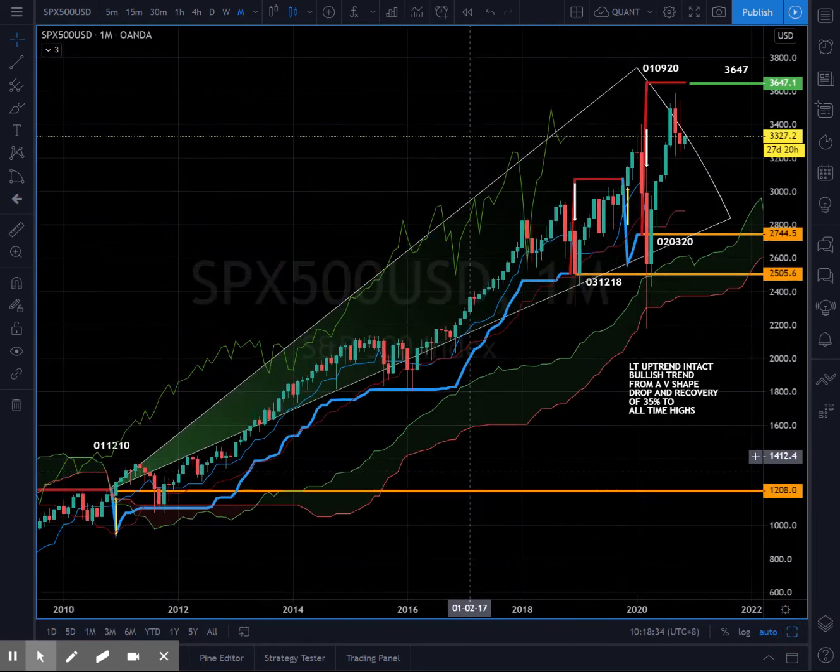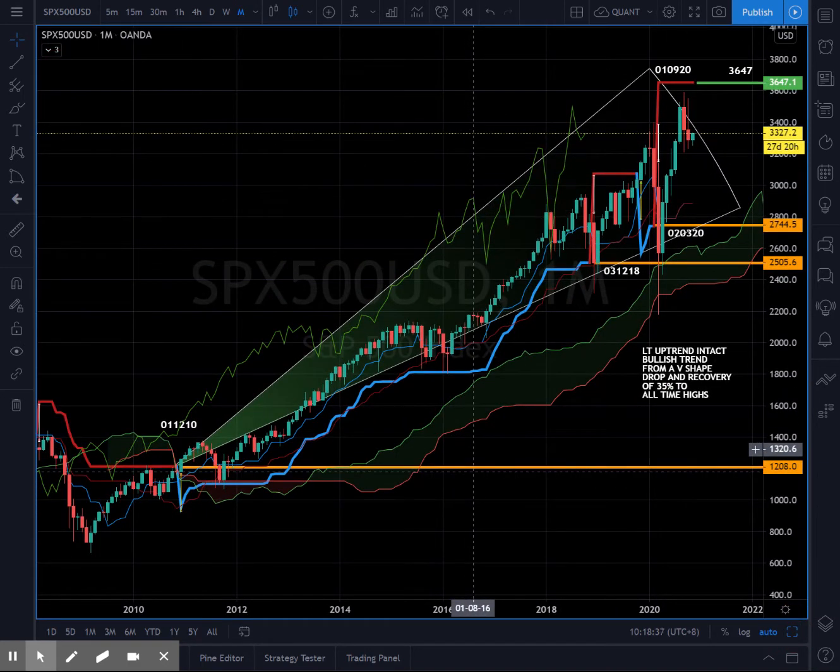So on the monthly charts, you can see that the S&P 500 has been on a tremendous bull run since 2010, and we have remained on an uptrend since the long signal in January 2012, and it's been 10 years running, and the uptrend is still intact, even though there was a slight violation of the trend in 2018, as well as during the pandemic lows,